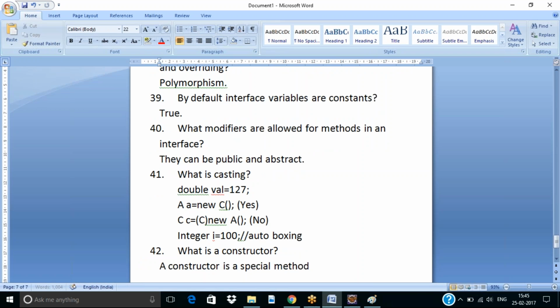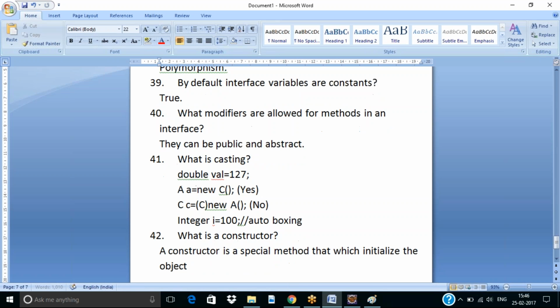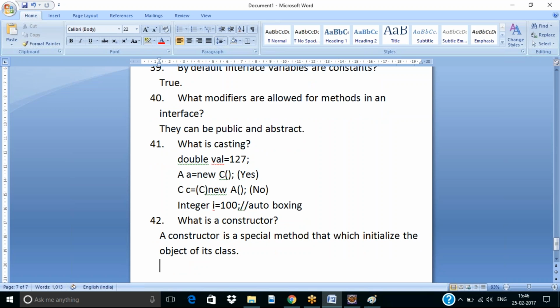A constructor is a special method that initializes the object of its class. ఆ క్లాస్ సంబంధించిన ఆబ్జెక్ట్ ని ఇనిషియలైజ్ చేయడానికి కన్స్ట్రక్టర్ ని యూజ్ చేస్తాం. ఓకే, అండ్